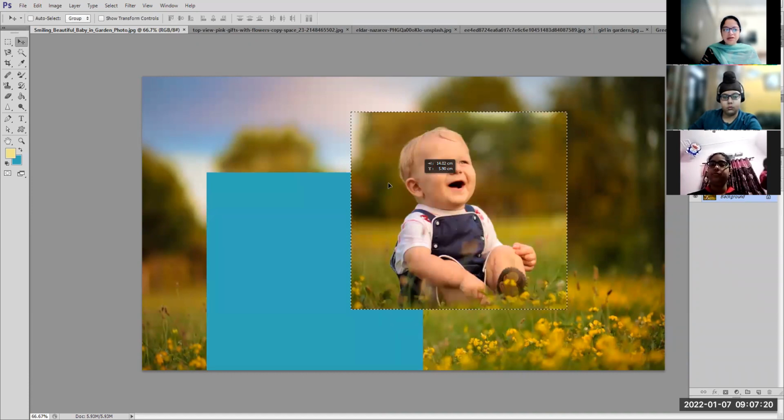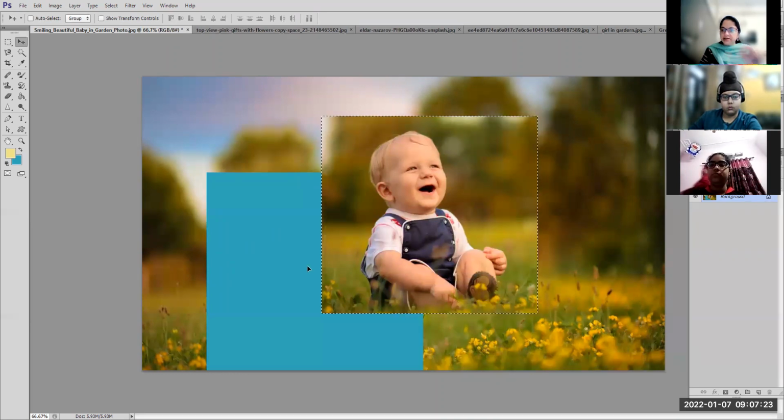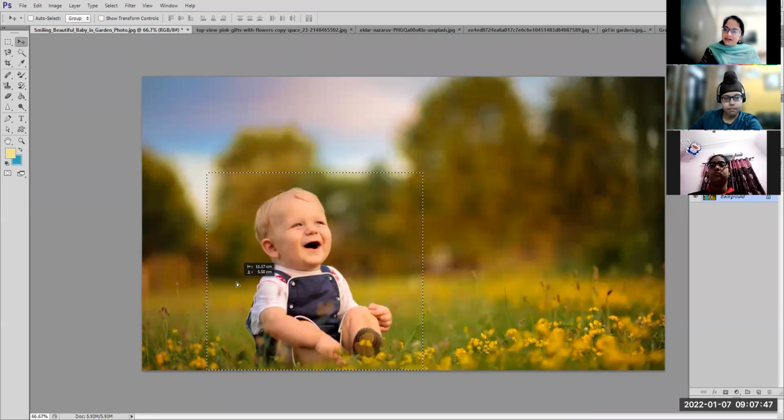Now you will see a background color is blue. Why is there a blue color? Because in the tools panel, there are 2 tools: the foreground color tool and the background color tool. Now the background color is selected as blue. That is why when I move the selected part of the image, the background is filled with the blue color. If I change the background color before moving or before selecting the picture, then that color will be filled. Okay. Is the first point clear? Is the first point clear to everyone?